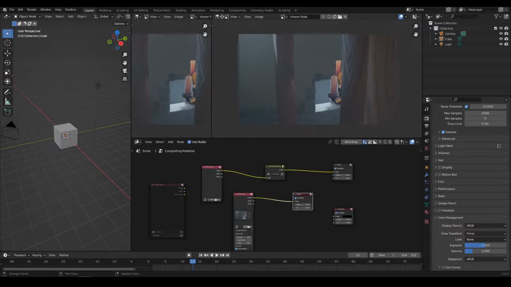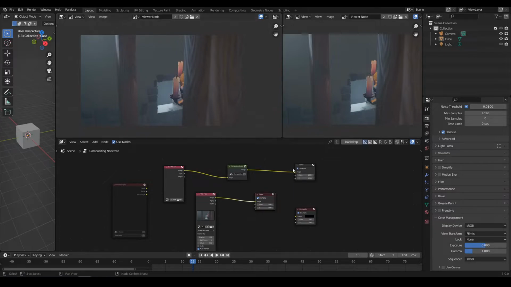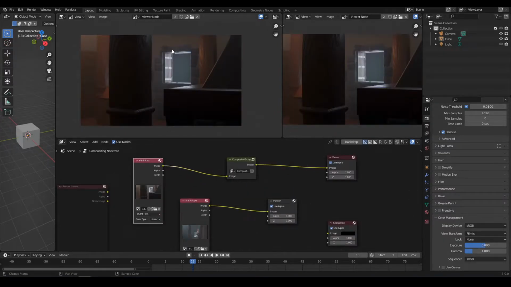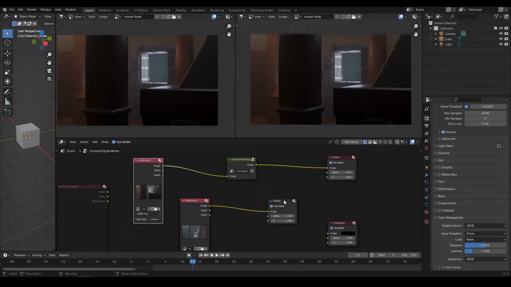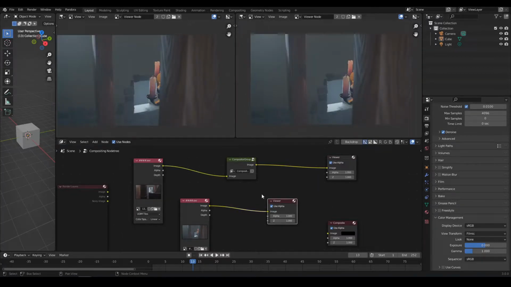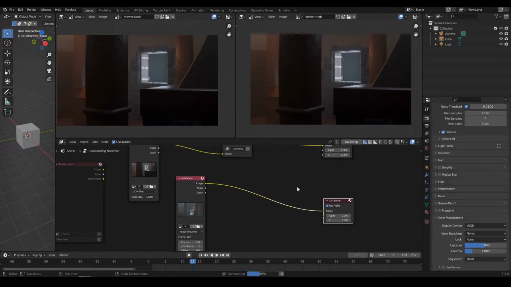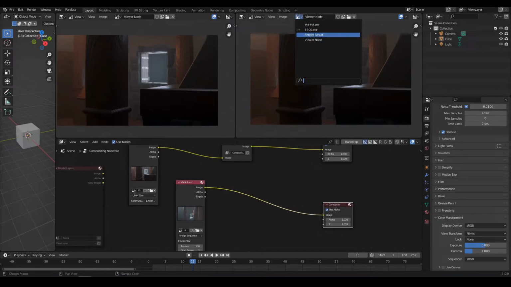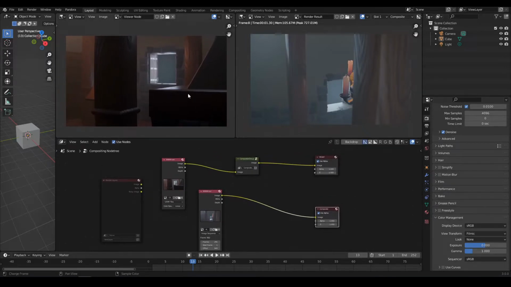But what I can do still is to have one viewer node here that will be sequence 4, and on this side, because both viewers will display the same image, what we can do is not use a viewer, but use the composite output, meaning what is called render results. And now we can have both sequences displayed beside each other,